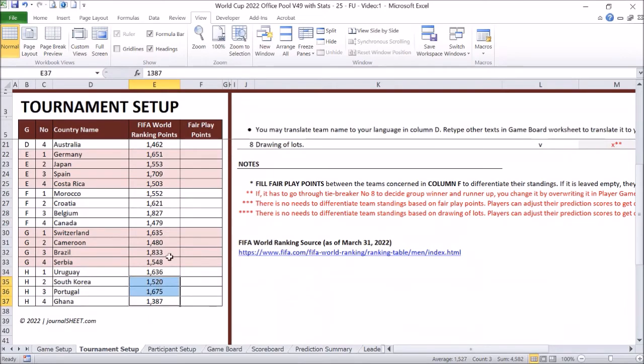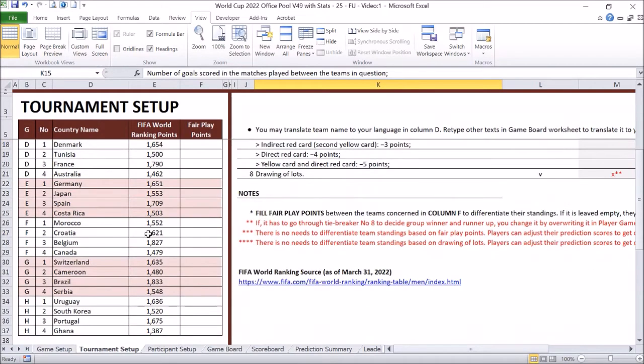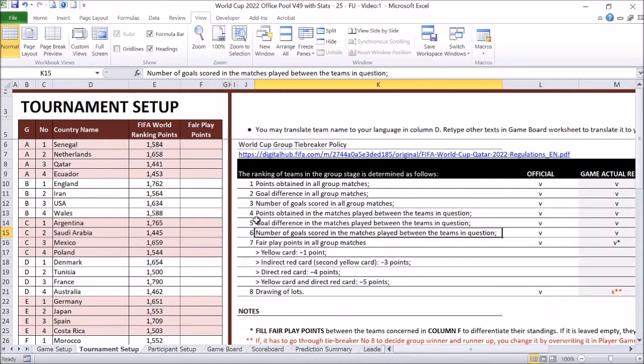This is just to differentiate team standing in the beginning, but after games are played and completed, they will be ranked by the official tiebreaker, as you can read on the right side of this table.